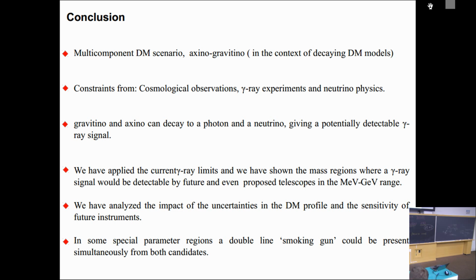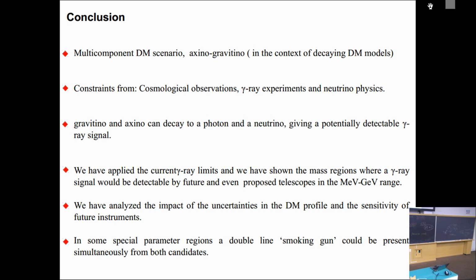Let me say that what we are analyzing here is multi-component dark matter. We took the gravitino in this case, in a model that is very well motivated, a supersymmetric model with R-parity broken, and the parameter that controls the R-parity breaking is the bilinear coupling. That is what relates the neutrino sector with the dark matter sector, and is what is allowing us to make this kind of predictions.